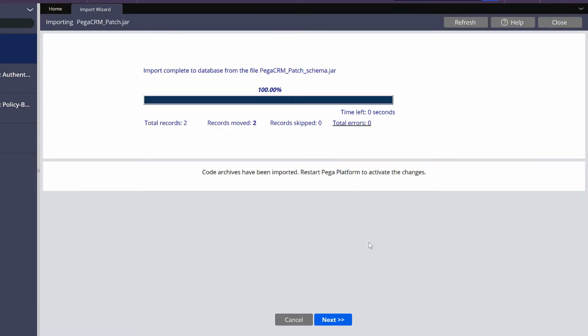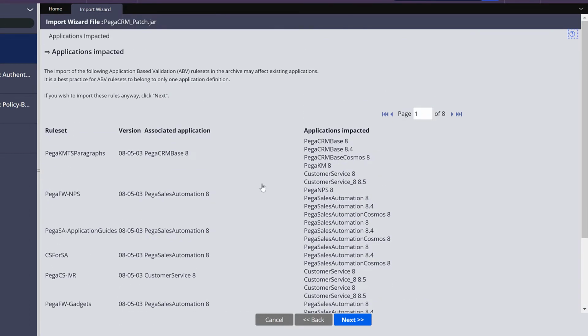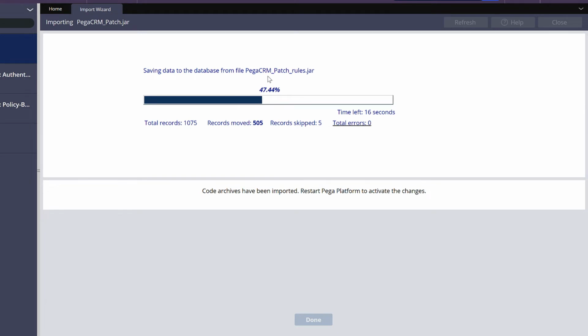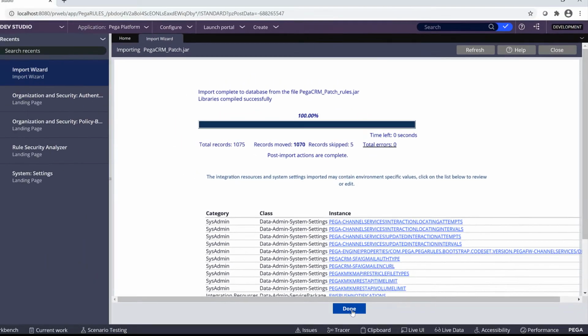Click on Next. Click on Next. These are the list of applications that are impacted by installing this patch jar file. Click on Next. Now the rules under the Pega CRM patch jar files are being installed. Once it is completed 100%, click Done to close this wizard.